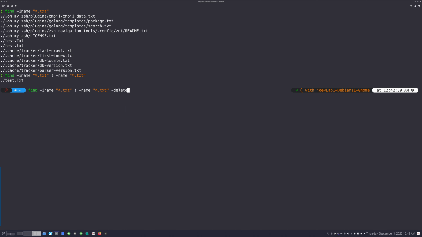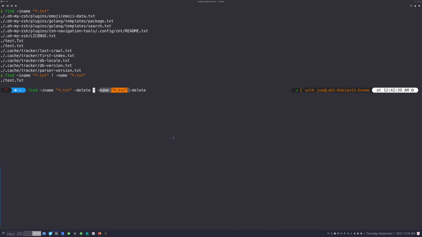If I am not careful and I put it here, it's going to delete everything that the first switch flag outputs, everything this outputs by itself, regardless of what this is doing, because it is evaluated as an expression from left to right. So my advice to you, especially until you know exactly what you are doing with the find command, is put your delete statement at the end, never in the middle, okay?